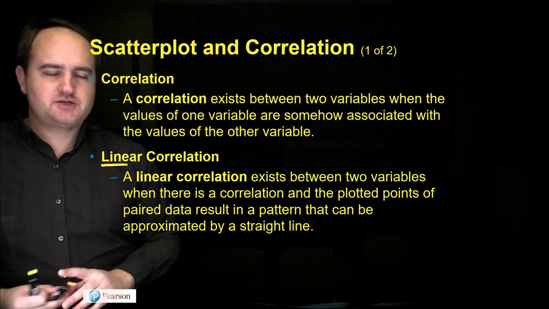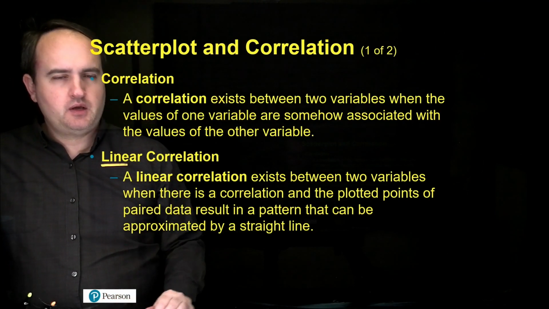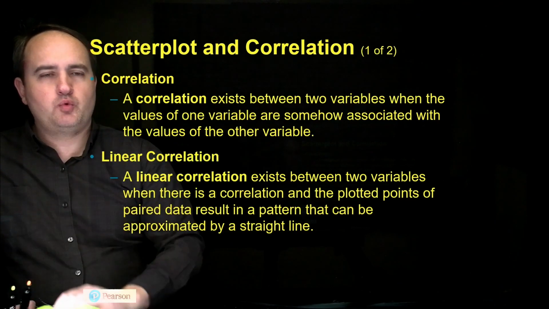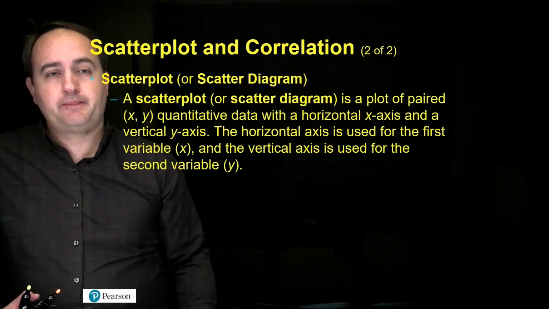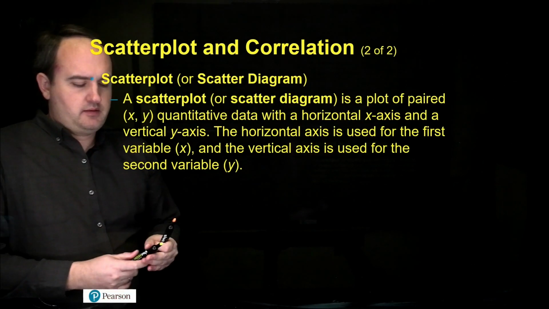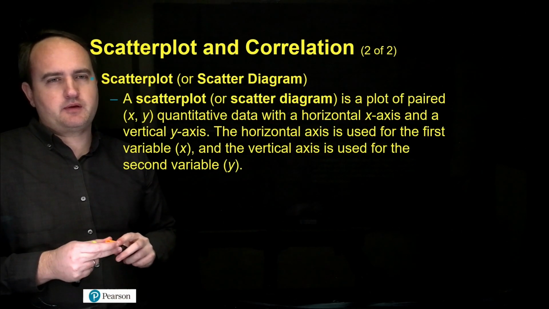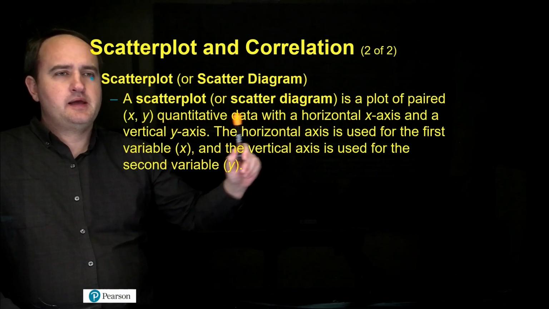It does happen occasionally, but in the real world, it's not going to be a perfect line, right? Okay, so that's the idea with linear correlation. It's following a straight line. Scatter plot, the picture's worth 1,000 words, really, but a scatter plot or scatter diagram is defined as